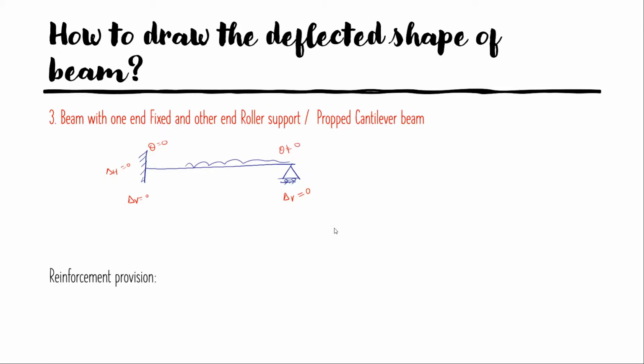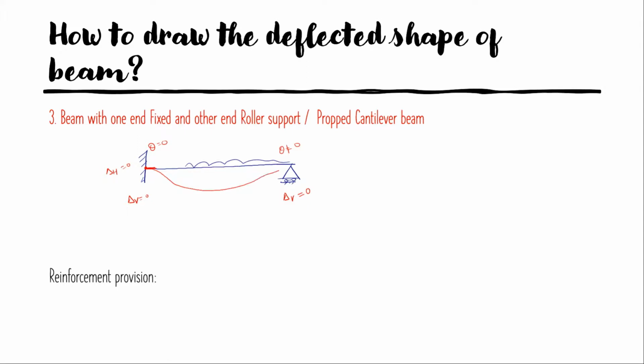Okay, so now let's start to make a deflected shape. So how we can make it in such a manner so that the displacement is also 0 here at this position, and slope should also be 0. So the deformation should be in such a manner that if you make a tangent to the curvature, then the slope must be 0. So this would be in this manner,